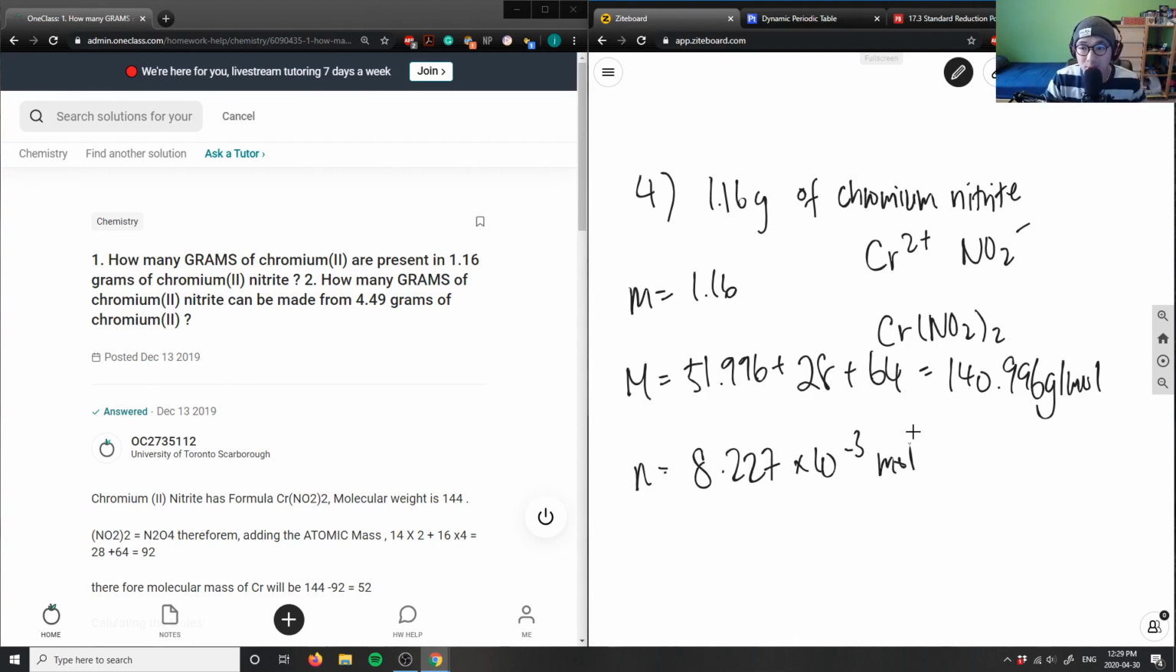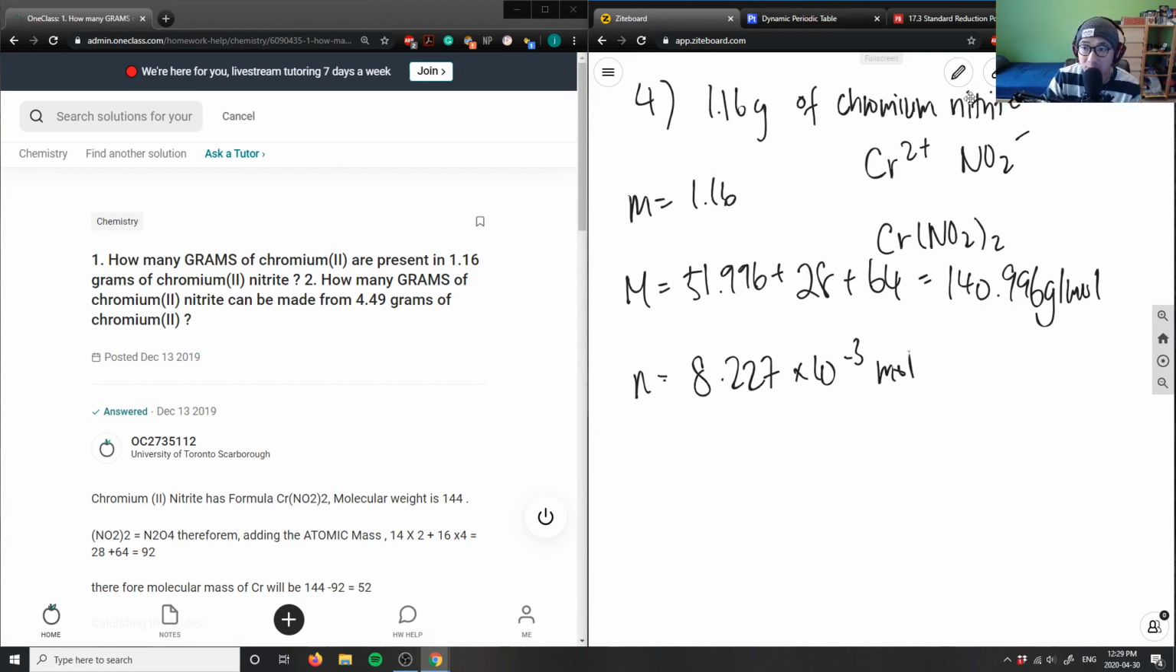And what I'm going to do is with this mole value here, I can figure out, okay, this is my total amount of moles here. So how would I have to break it down in terms of atoms here? So I'm going to have to break this compound down to atoms and see how it fills up this moles here. So think about Cr(NO2)2, right? Cr(NO2)2